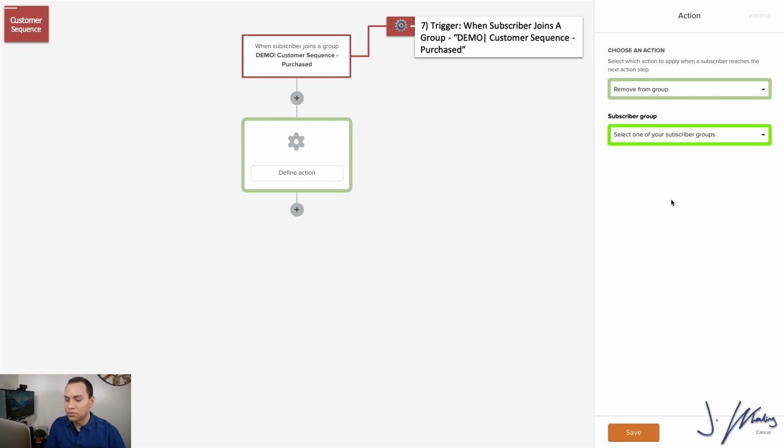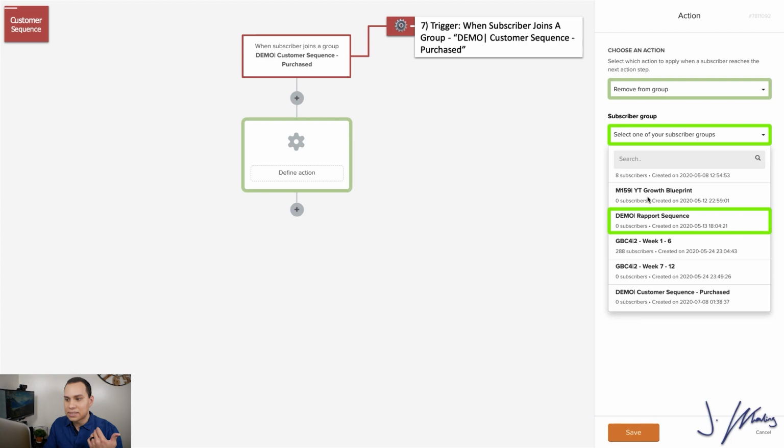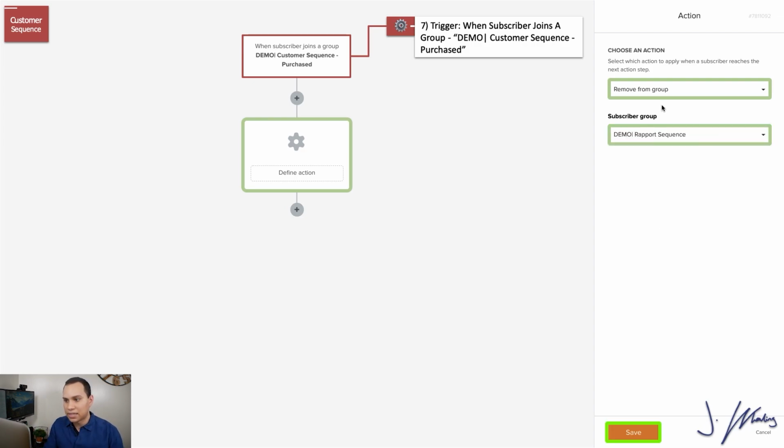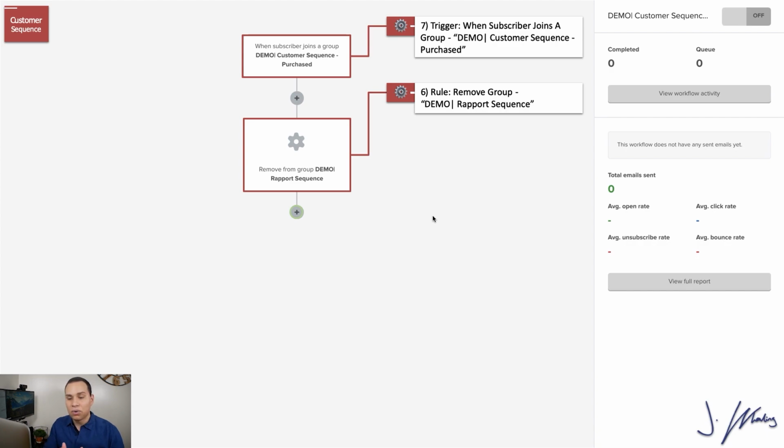So we're going to click on Remove Group, and then you'll go ahead and select whatever your rapport building sequence was. So here I'm just switching it to demo for example purposes, but that CMF content marketing sequence that we were using earlier, that's what we would select here. So we'll go ahead, select that sequence, click on save, and so now we're saying, hey, start the sequence when they buy, and then remove them from the sales sequence so they don't keep getting sales emails about what they just purchased, right? This is really, really important.